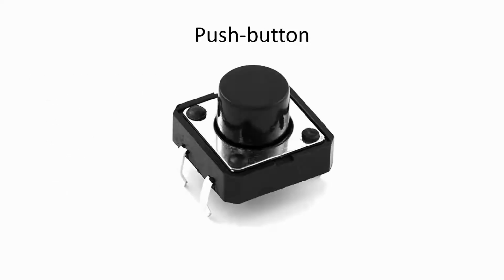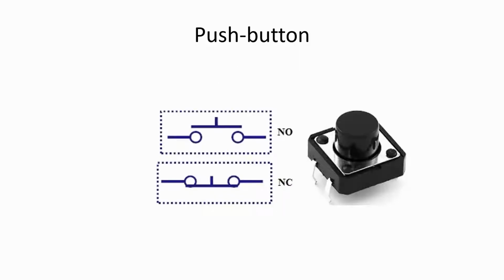First, we'll see about the push button switch. So, this is a push button switch. This type of switch is commonly used in any electrical or electronic circuits. This push button switch normally comes with two pairs of contacts. Here one contact is NO and another is NC. The normally open contact is open when the switch is in a normal state, and the normally closed contact will be in a closed position in the normal state.